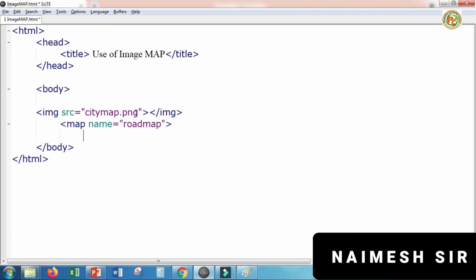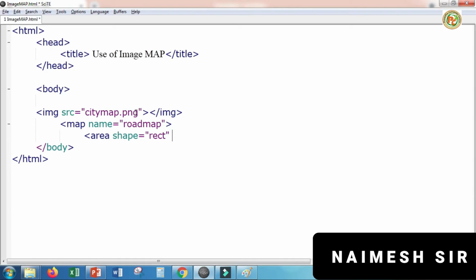Now inside that we can create any shape, because you can create a circle, rectangle, polygon, anything. So we'll start an area tag. Inside that, the shape: which kind of shape we want to draw. First we will draw the rectangle. In a rectangle there are 4 sides and 4 corners: x, y, x plus and y plus.